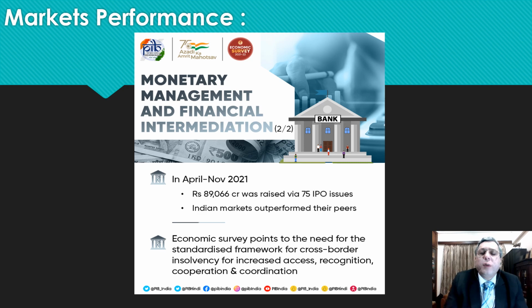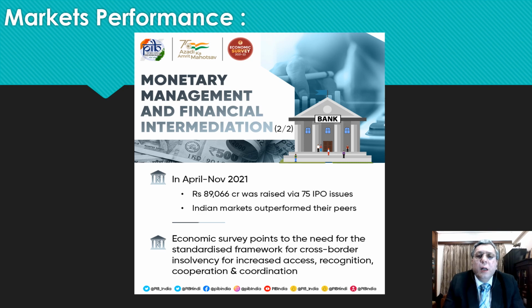Monetary management and financial intermediation. How did the markets perform? We had a bumper year in terms of initial public offers in the equity markets. Nearly 89,000 crores was raised by 75 issues. Indian markets had again a spectacular performance in calendar year 2021, and it outperformed all its peers. Emerging markets in fact had a negative year, but Indian markets had a huge outperformance and performed very strongly over